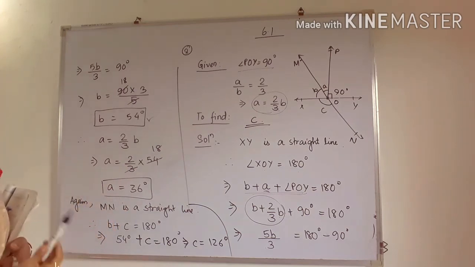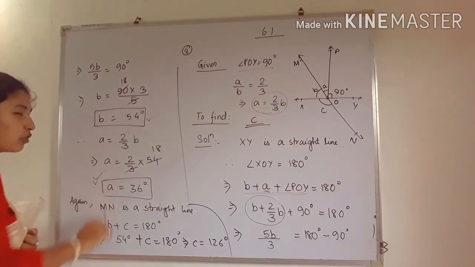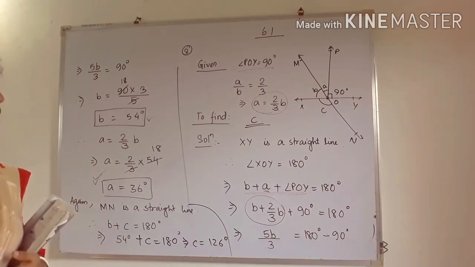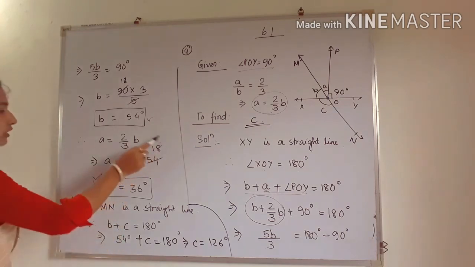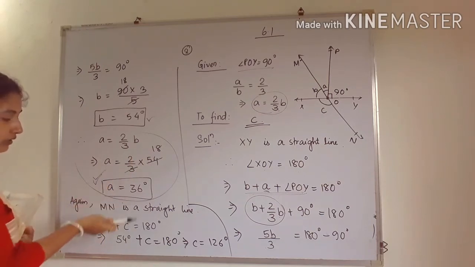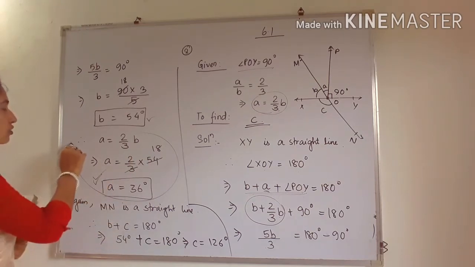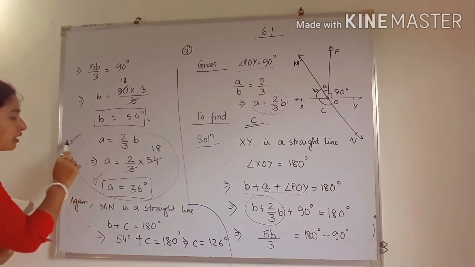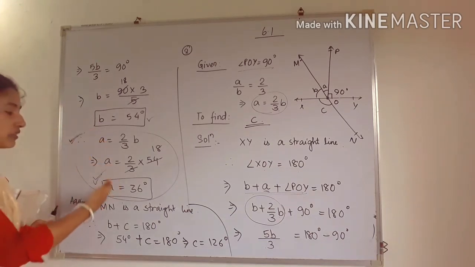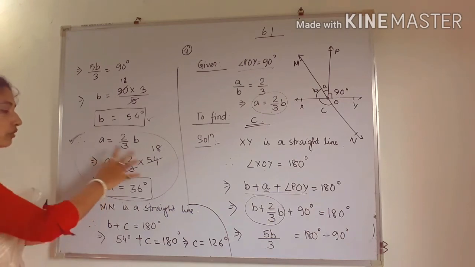Now next what we have to do? We have to find the value of C. See here, the value of A is not asked in the question; they are only telling us to find the value of C. So this is not needed actually, because in the later part we are not using A. You need not mention this part, no need to write it. I just gave you how to find the value of A. In some questions, if they ask how to find the next angles, we can find them this way. So no need to write this part.